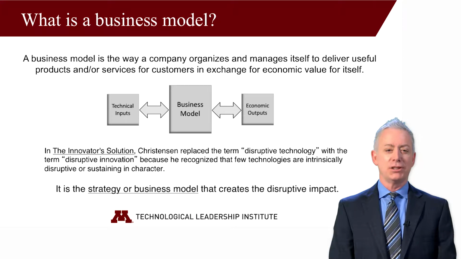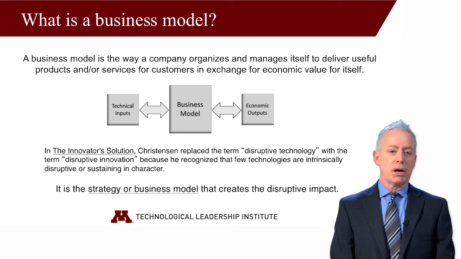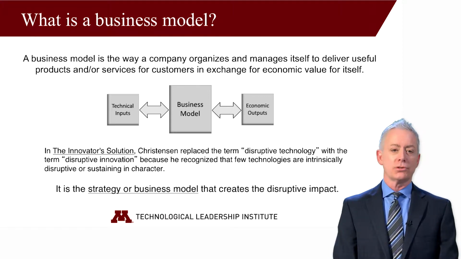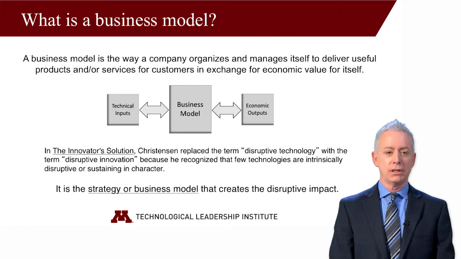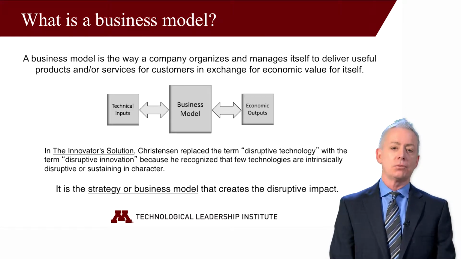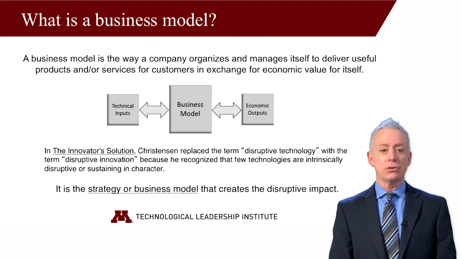So let's begin with a definition. A business model is the way a company organizes and manages itself to deliver useful products or services for customers in exchange for economic value for itself. In technology businesses, it's the way we organize to convert technical inputs in the form of IP, products, and/or services